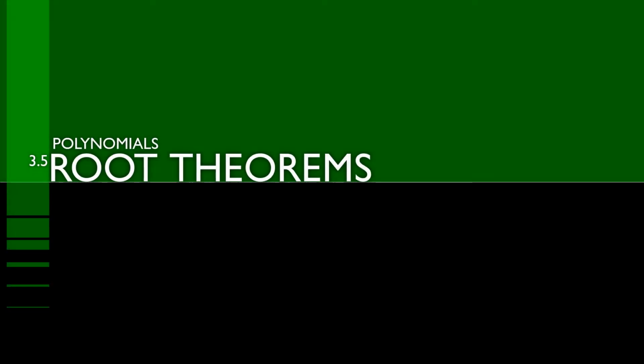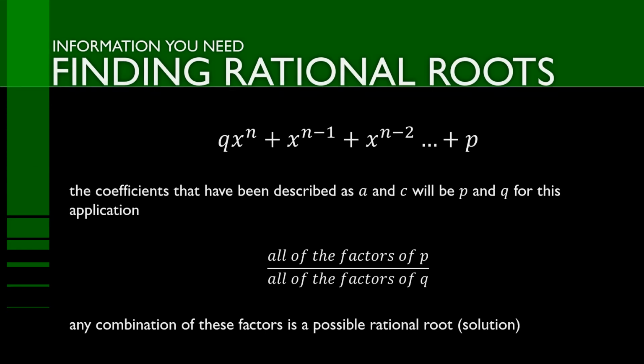In 3.5, we're going to take a look at a couple of fairly simple ideas that will help us to find the rational roots, or find all of the roots, of any polynomial. So the first thing that we're going to do is look at the information that you need in finding rational roots. Basically, anytime that we've done standard form, our lead coefficient we've always identified as A, and the constant we've